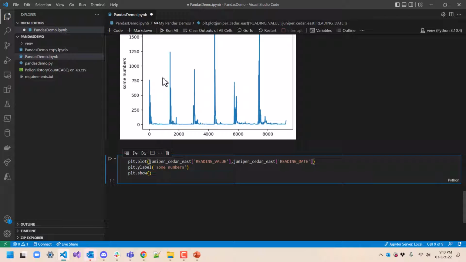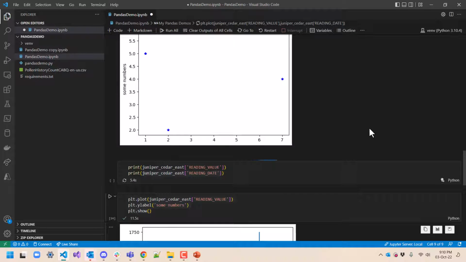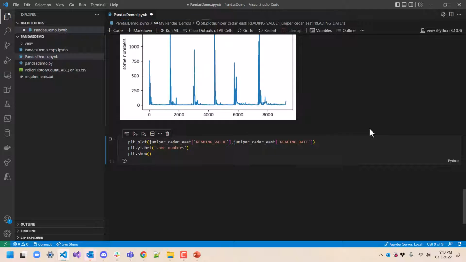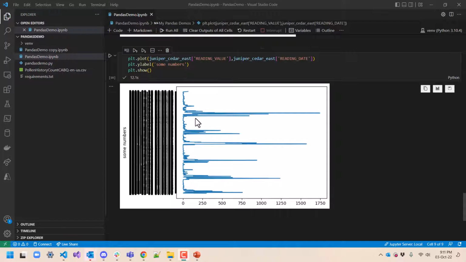So now we're going to put both the series in for X and Y, and let's see what this does. Okay, so this did run, but it's not exactly the way we want to look at it. First of all, this is hard to read. And secondly, it doesn't seem to be